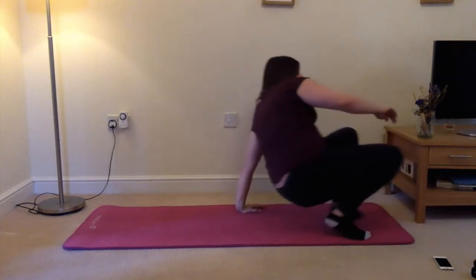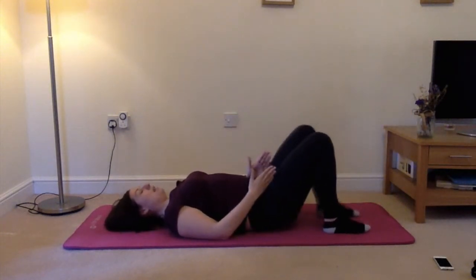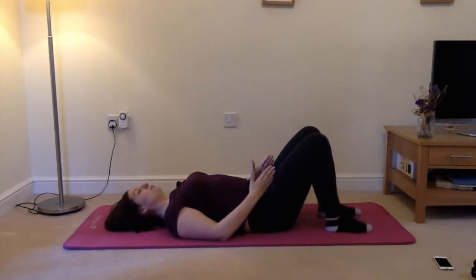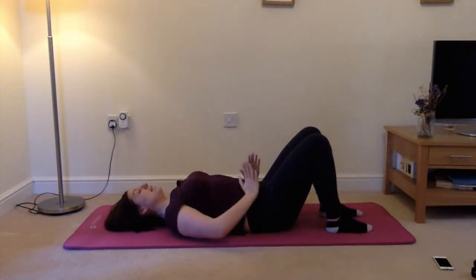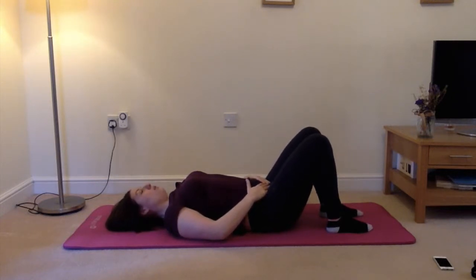So you'll want to lay down onto your back so that your knees are bent and your feet are about hip width apart. The easiest thing to do is place the heels of your hands down to your hip bone, so your fingertips point down to your pubic bone. What I want you to do, without lifting your hips, you're going to roll and tilt your pelvis forwards and